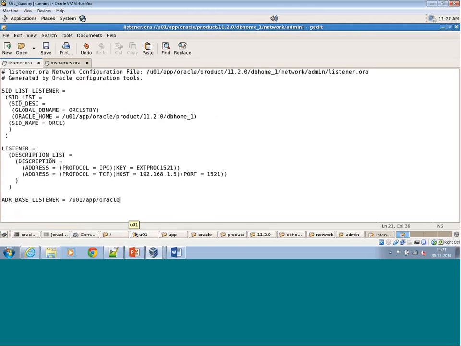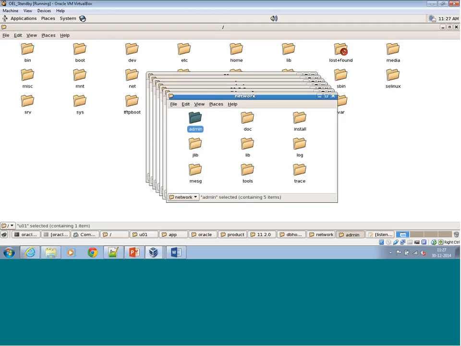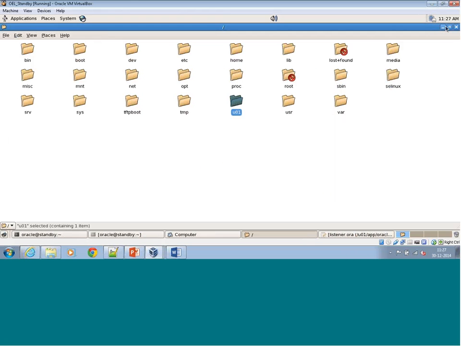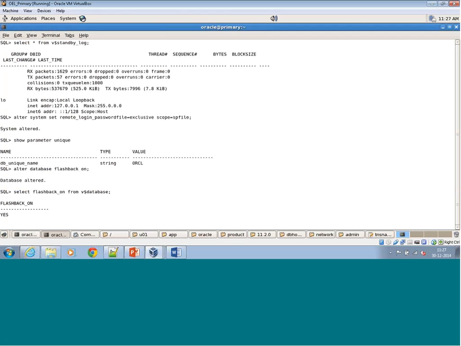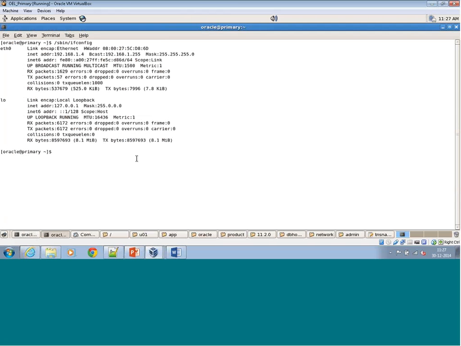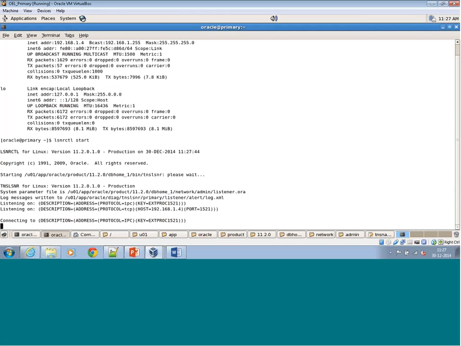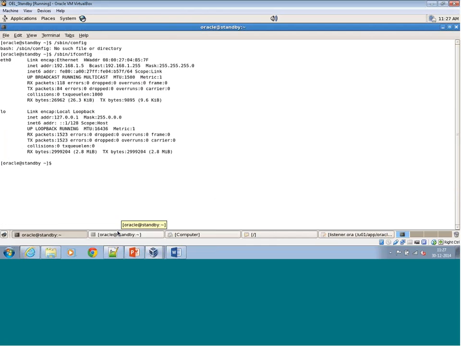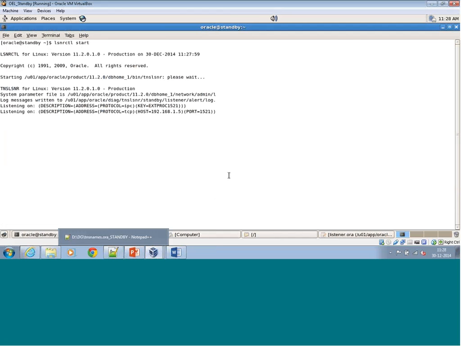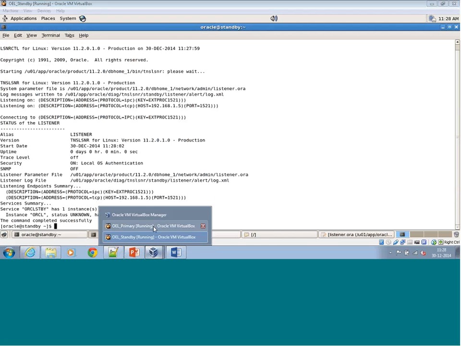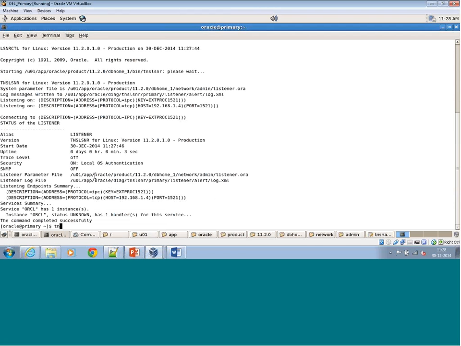So now we have done the net configuration, which is nothing but the TNS names and the listener. We will just check the interconnectivity of both of these. So from the primary, you start your listener. And on the standby, you start your listener. So you have both the listeners started up. So you can just check your connectivity. So you can just do a TNS ping for